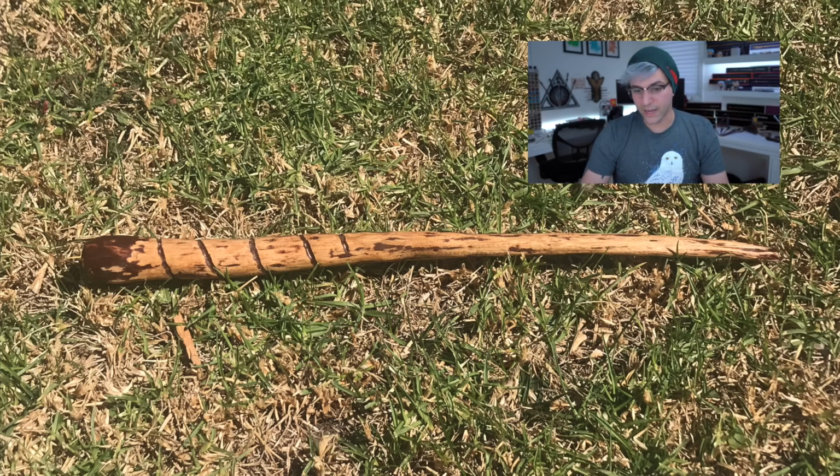Unless you already glued that on, then don't mess with it. Just leave it the way it is. Make a new one. Leave that one. Don't touch it. It was a wand that you made, and just call it that, and then start a new one. Sometimes it's better to do that as opposed to changing an old wand that you may not like. Just keep that to remember where you came from type thing. So